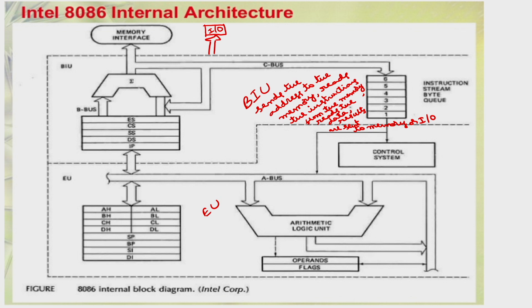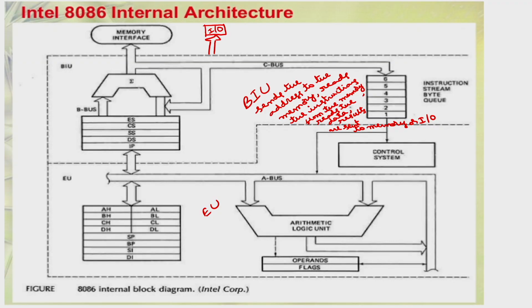It sends the address, so that at that particular address we will have some instruction; that instruction will be fetched into the BIU, then whatever data is required to execute that instruction it fetches from the memory or from IO. After that, the data will be given to the execute unit, the execute unit will execute, and then the results will be sent back to the BIU. So the BIU basically sends the results to either memory or IO. This BIU interacts with the outside world, and as the name implies, the execute unit decodes and executes the instructions.